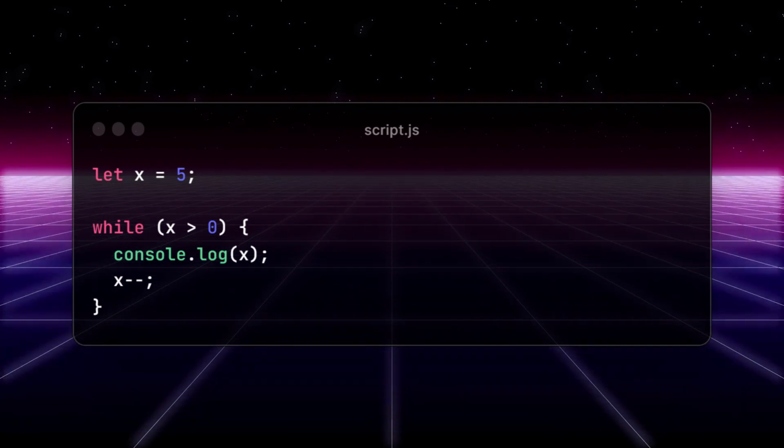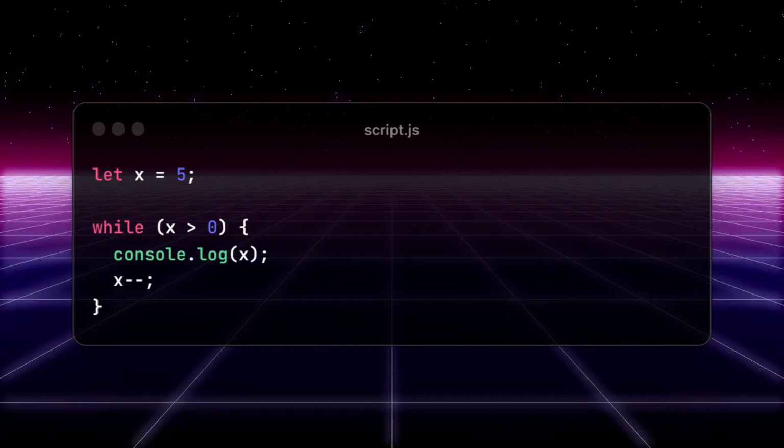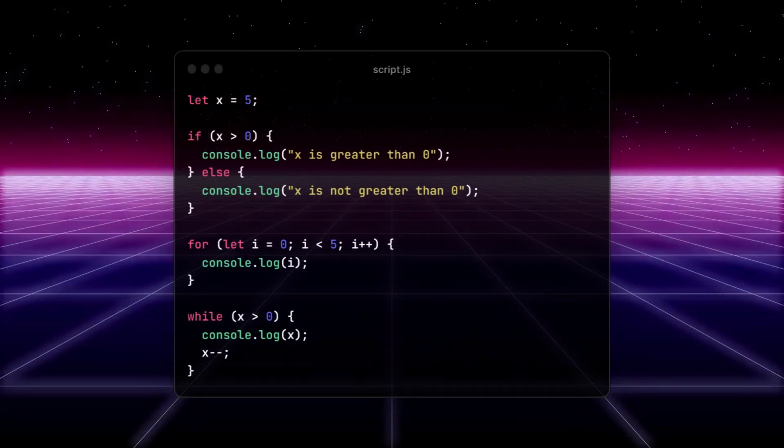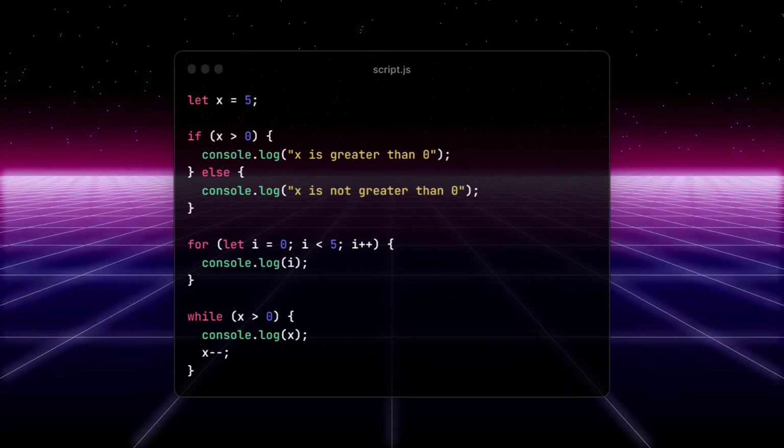On each iteration, it will print the current value of x to the console, and then decrement the value of x by 1. That's a brief overview of the three fundamental control structures in JavaScript: if-else statements, for loops, and